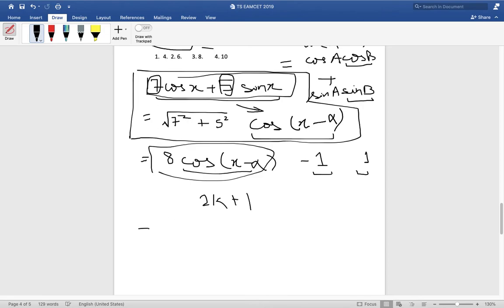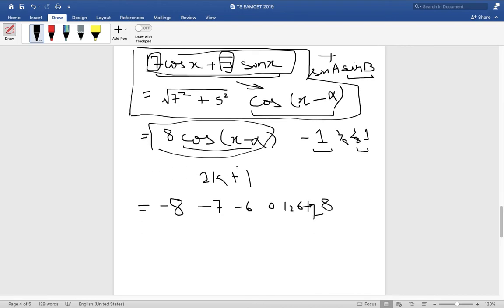So 2k plus 1 can be equal to -1 times 8 and 1 times 8, right? But cos can also take a value of 1 by 8, 2 by 8, 3 by 8, -1. So 2k plus 1 will vary between -8, -7, -6 to 0 to 1, 2, 3, 4, 5, 6, 7,